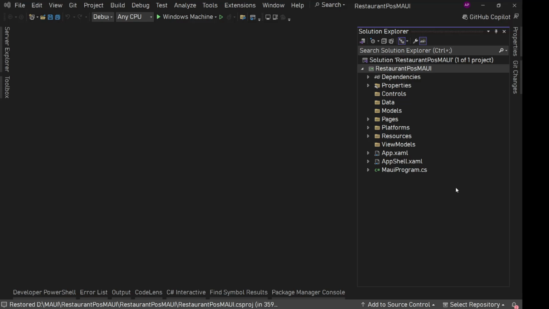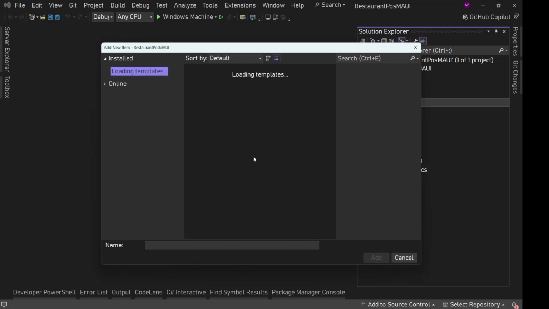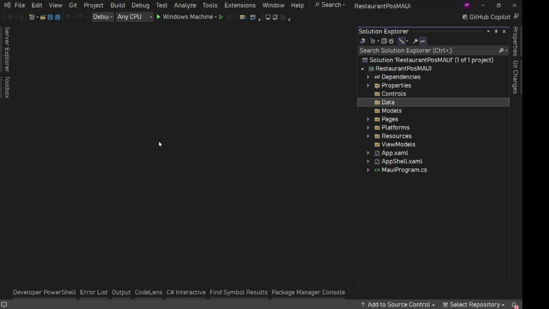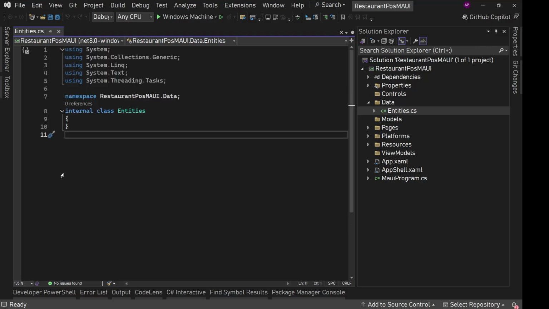Alright, so now I have renamed this to RES and now we'll work on our database. In our data folder, I'm going to create a new file. Let's say entities. So what all entities we need? Why is it so small? 135. Alright. So first thing we need